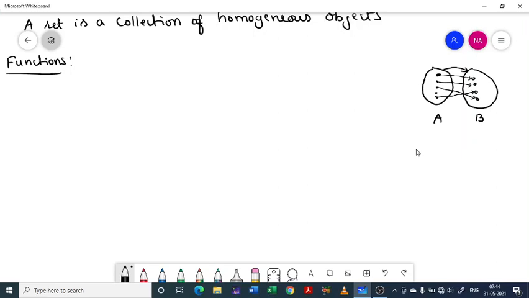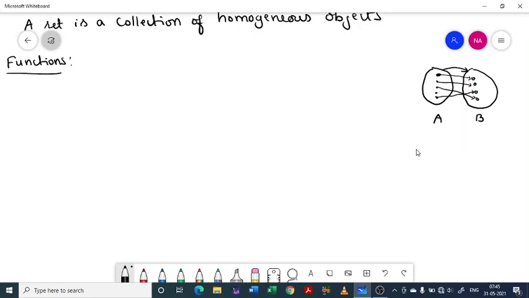So given any two sets, we can find a relation between those two sets such that the objects from one set can be related to objects in the other set. So what is a relation? That is still a basic term. I think in discrete mathematics some of you have studied it. I'm not starting from relation, I'll just start from functions.